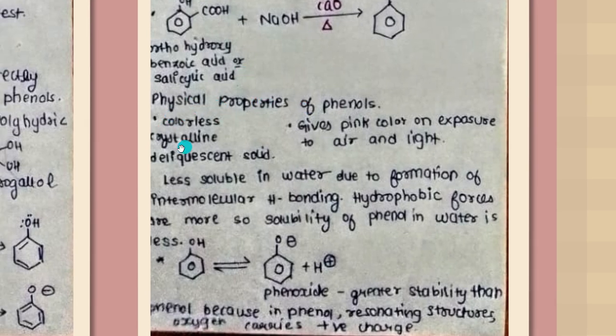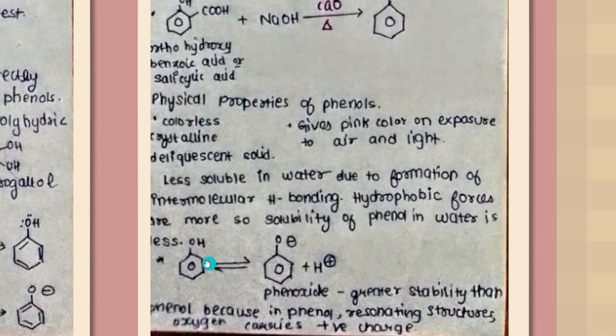phenols are colorless, crystalline, deliquescent solids which give pink color on exposure to air and light. They are less soluble in water due to the formation of intermolecular hydrogen bonding. The hydrophobic forces are more, so the solubility of phenol in water is less. Hydrophobic, right? Phobia, when we say we have fear of something, that is called phobia, right? Hydrophobia, away from water. So the hydrophobic forces are more in phenols, so the solubility of phenols is less in